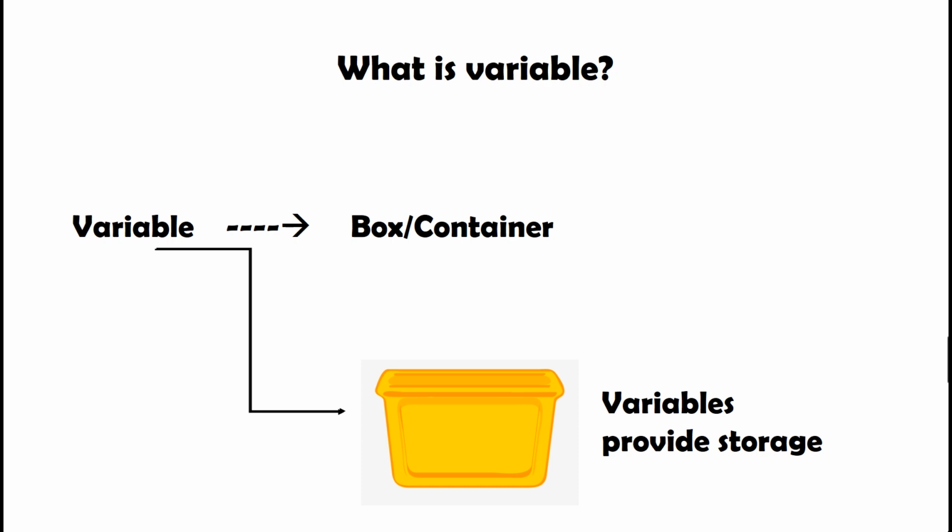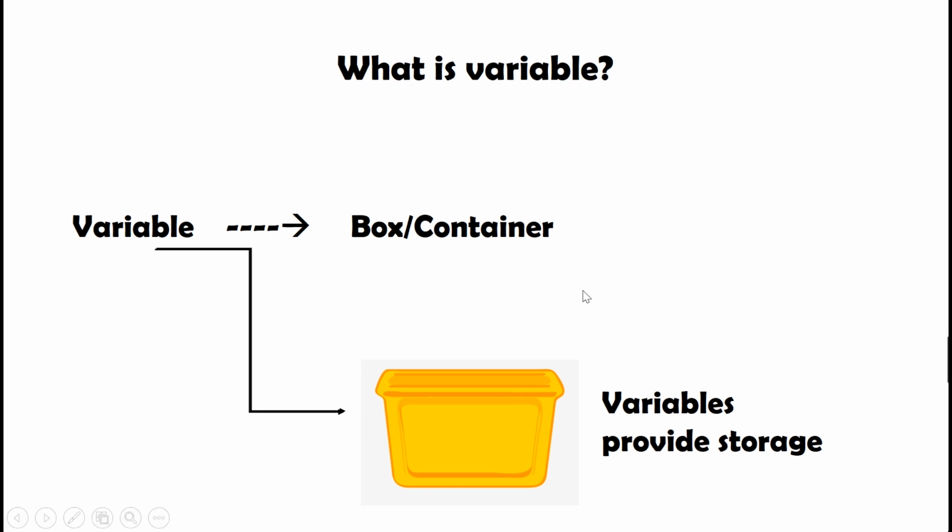So coming to the video, the first question that arises is: what is a variable? A variable is nothing but a box or container in which we can store our data. Let's say there is an application that stores your name, your father's name, your address and other details. In the application all of this data is stored in memory, but in our program we need to store all the data in variables, because a variable provides memory in which our data is stored.